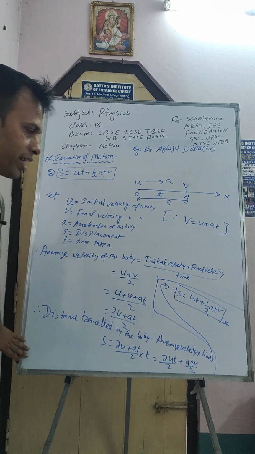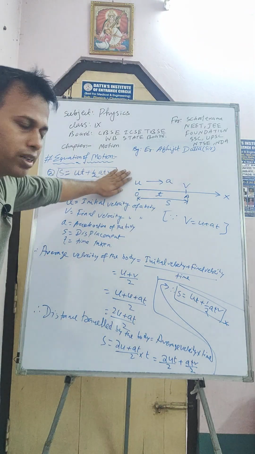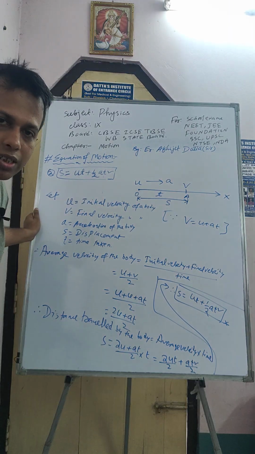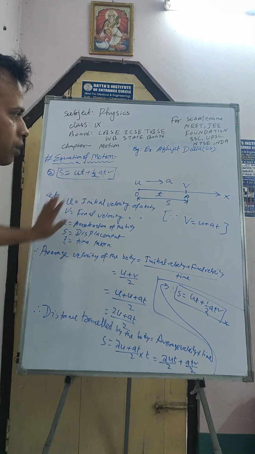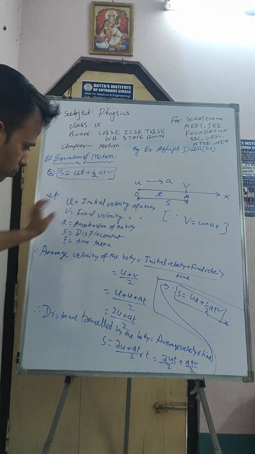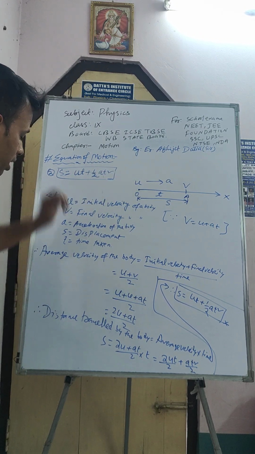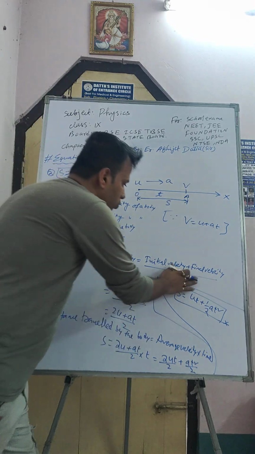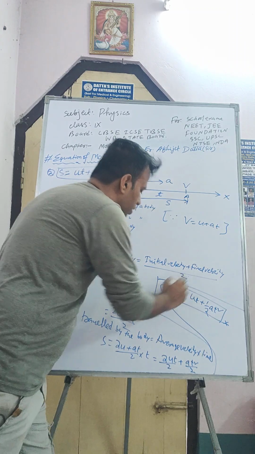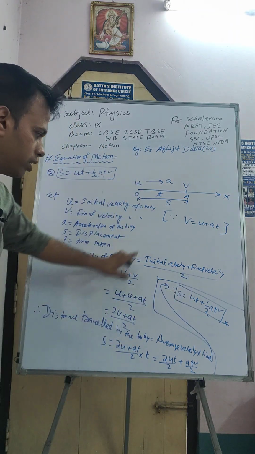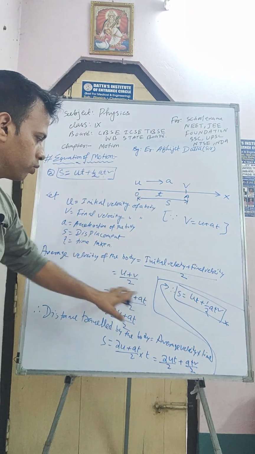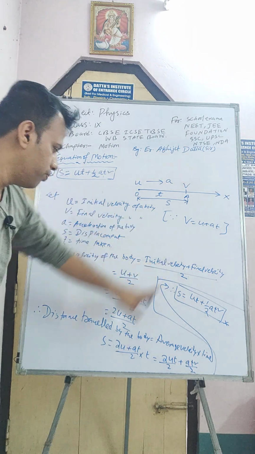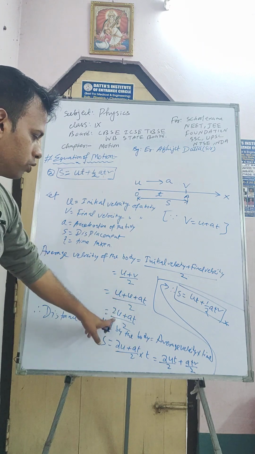So let me explain again in short. The diagram is similar to the previous one, and you have to consider every variable here in the diagram. After that I write two things. One is the average velocity of the body, that is initial velocity plus final velocity by 2. Initial is u, final is v, so v we can write as u plus at from the first equation of motion. So u plus u, 2u plus at by 2.